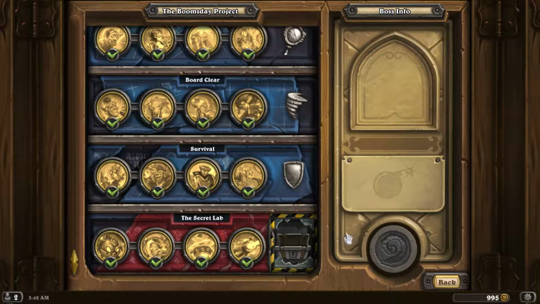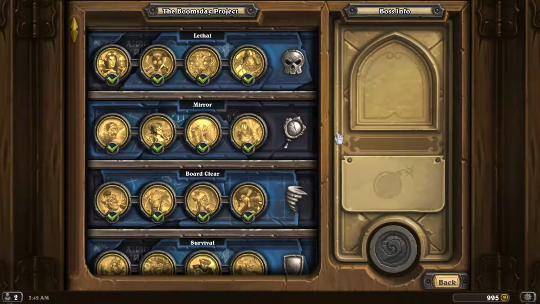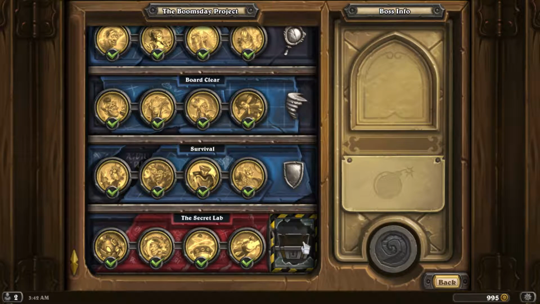I'd like to take a moment to just share my general thoughts on the puzzles. For the most part, I found lethal puzzles were the most difficult on average, but it's not really difficult to get up to the 4th tier on any of the puzzles. As you can see, I have now done everything and earned the card back, which is a pretty pathetic reward,